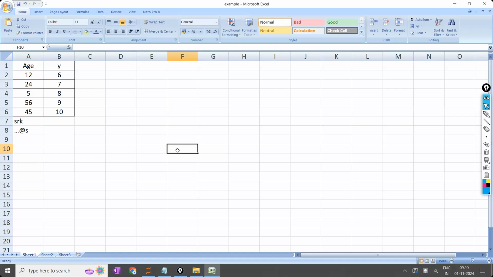Then this type of data cannot be inserted in this column. It will at least avoid some dirty data. I am not going to say that you'll get pure data, but compared to Excel, you'll get less amount of dirty data in SQL. The dirty data or wrong data. Simply to say, wrong data, right?